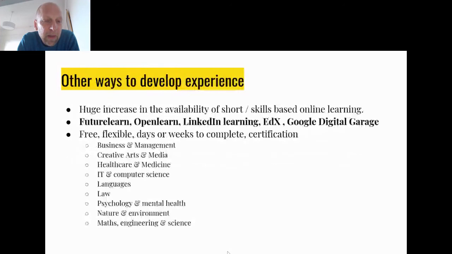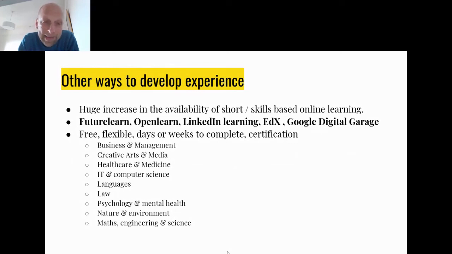Now, just very briefly, as well as virtual internships and work experience, there are other ways you can develop your skill set and show yourself to be proactive and engaged in learning about a particular industry. And another thing that's really developed during the pandemic is the availability of online courses, which anybody can do. Now, this isn't university learning, this is much more of a skills-based, short courses around specific skills. And some of the providers on there: FutureLearn, which is a partnership with universities throughout the UK and internationally, OpenLearn, which is a platform run by the Open University, LinkedIn Learning, which I'm sure some of you are aware of, which is obviously run by LinkedIn.